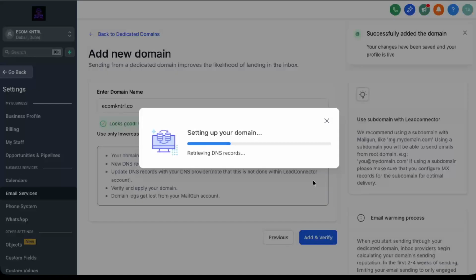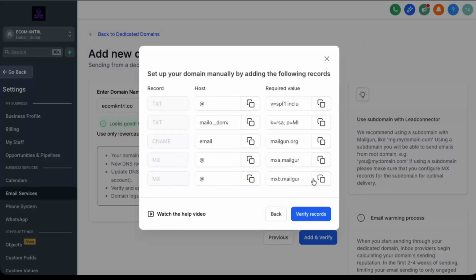You will now see a list of DNS records that you need to add at your domain host. Among these records is the DMARC record. Make a note of the DMARC host and value shown here. Then go to your web hosting or DNS provider and add that DMARC record exactly as displayed. After saving it there, return to GoHighLevel later to verify that everything